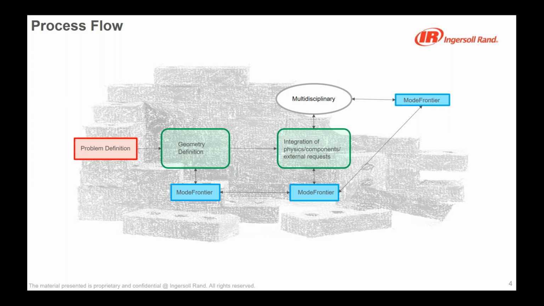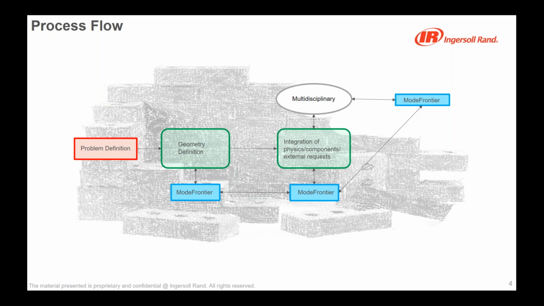is what really gives us the opportunity to build up everything else. So after a problem definition, you can imagine that the first step while you're designing something is to make some geometrical definition. So define your geometrical dimension. And even just at this level, you can start doing some optimization work. And then you can continue on adding, of course, all the physics you may be interested in, adding more components, but